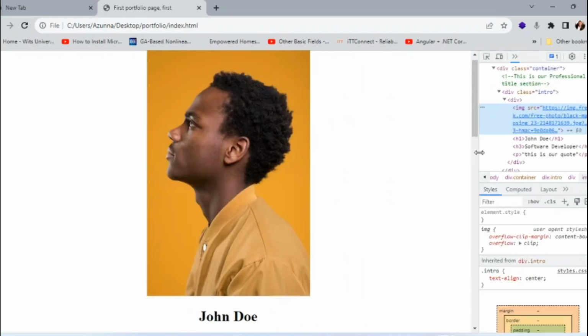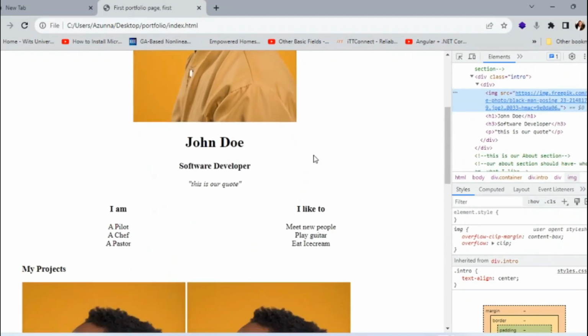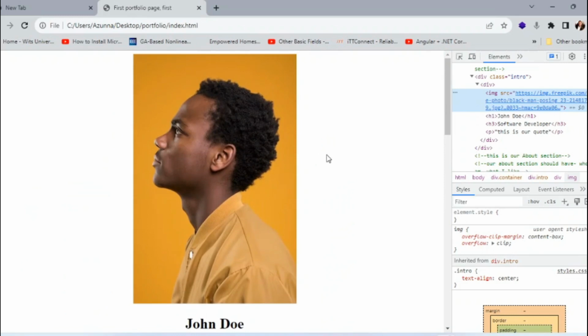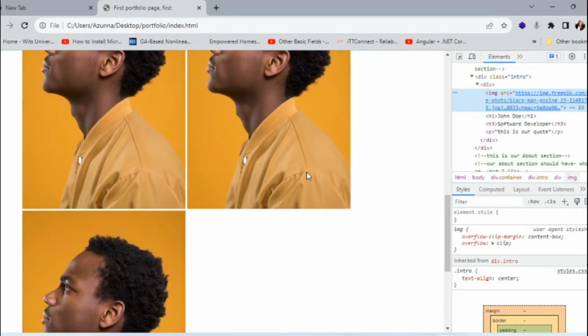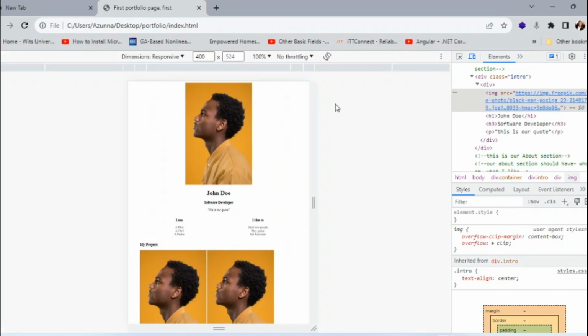So inspections can come in different ways. So this inspection we've been doing previously has been with respect to the desktop version. But also you can do a mobile version inspection. So to do that, you can see a sign here which shows you that it toggles device toolbar. Okay, so if you click on that sign, you will see that